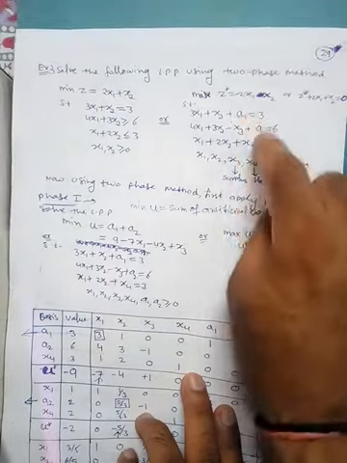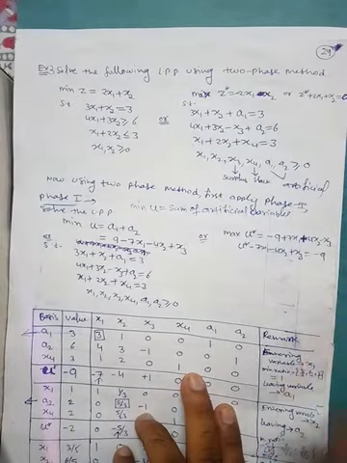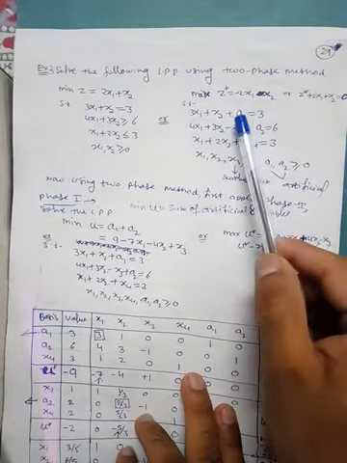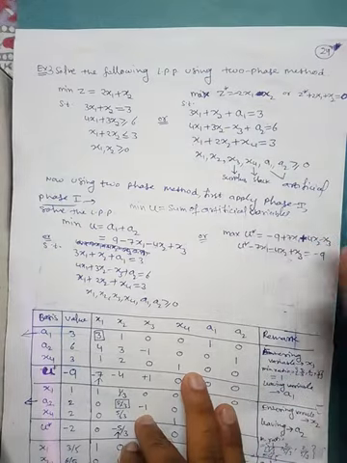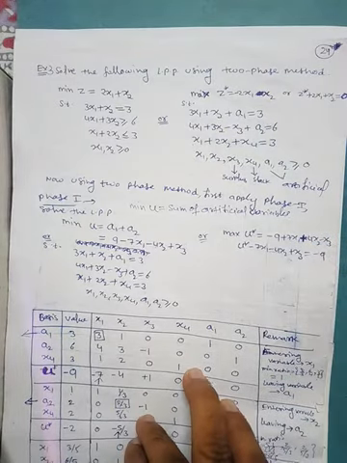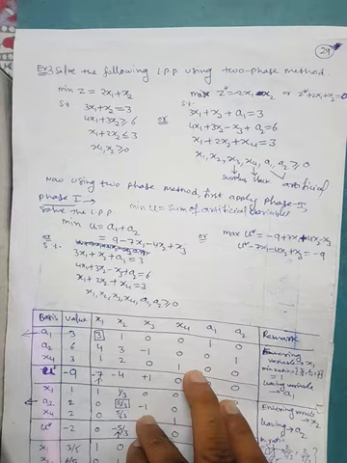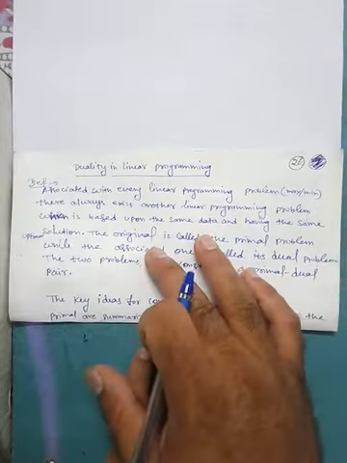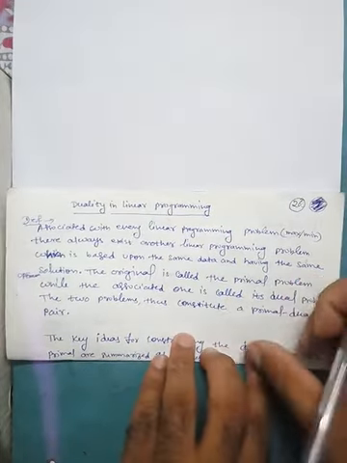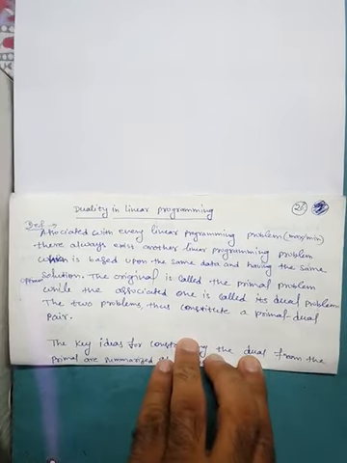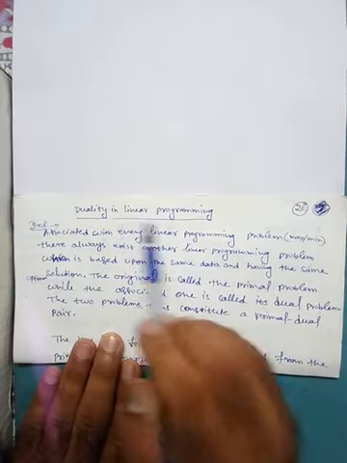So what is our purpose? Our purpose is to solve such type of problem without use of artificial variable. If suppose we are not interested to use artificial variable, then how we can solve the problem? This is our main idea about the new concept of duality. This is the idea that we want to solve a problem without use of artificial variable. Then how we can solve it? We can solve it with the help of duality.